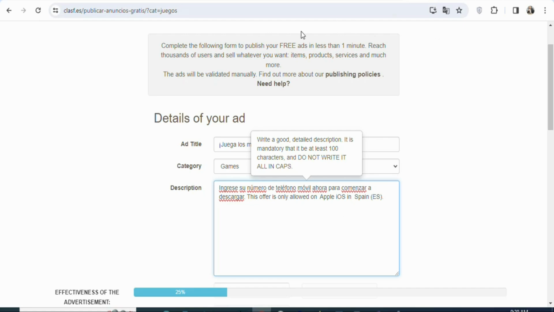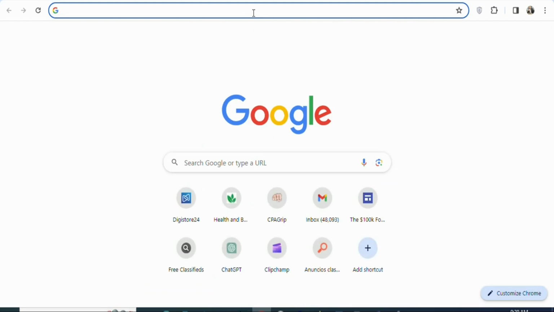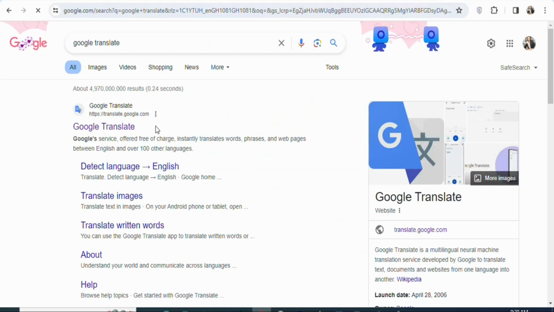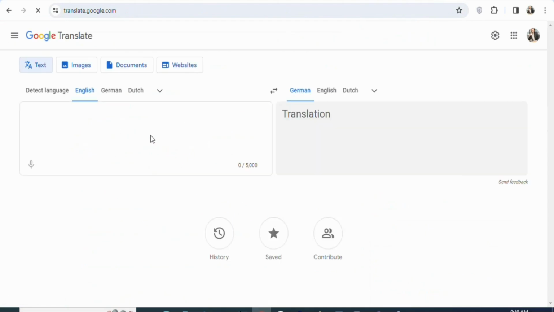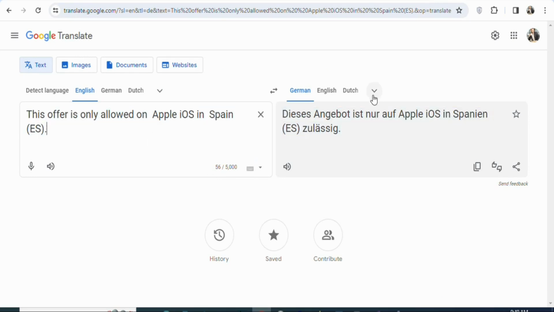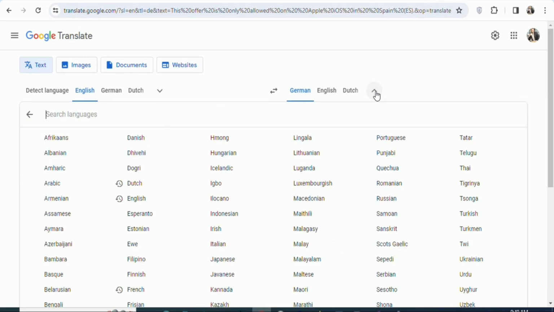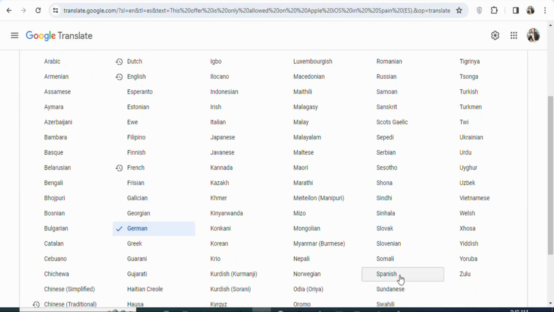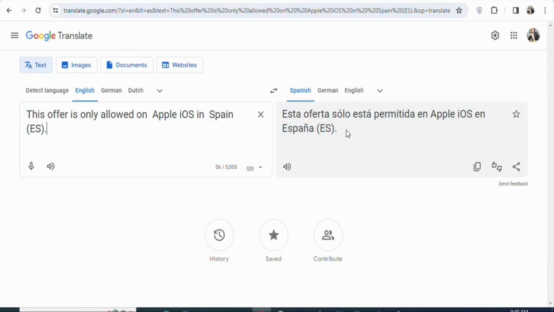So search for Google Translate so that you can translate the language to Spanish. Once you search for Google Translate, you're going to see a page like this. Click on this first website. Once you click on it, you are going to paste the text here. Then you have to select the preferred language that you want to translate it to. In this case, we want Spanish, so you have to search for Spanish. Scroll down and look for Spanish. You can see it right here, Spanish. Select it. As you can see, that has been done. Everything has been translated to Spanish. Now what you have to do is click right here, copy, so that you can copy the text.